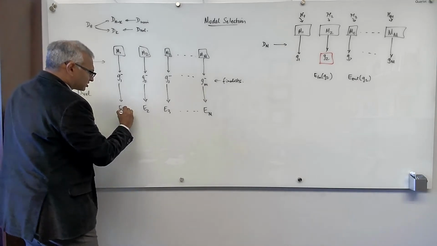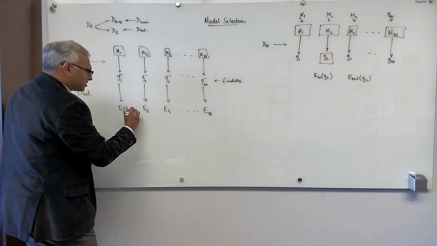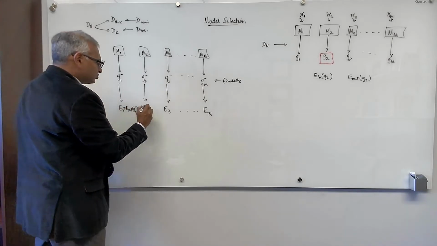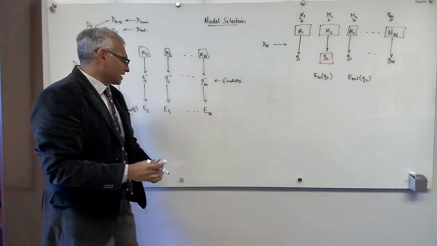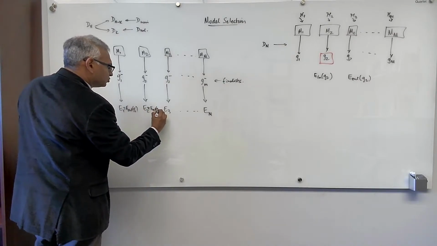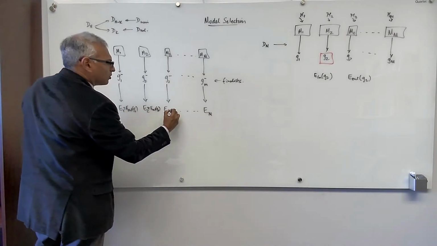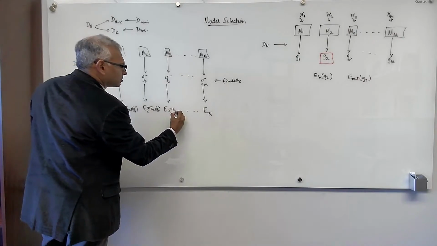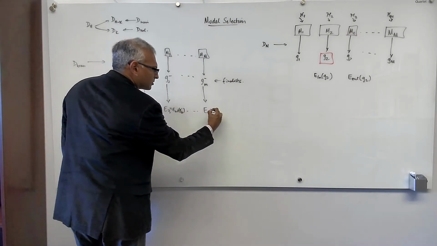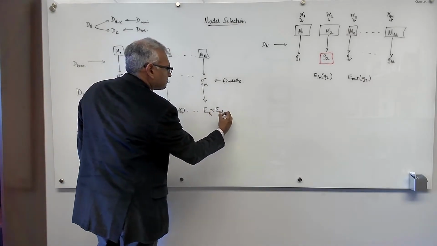So E1 is approximately equal to E_out of g1 minus, let us assume, and E2, and you can go and sit down and do all the analysis. E2 is approximately equal to E_out of g2 minus, and so on, approximately equal to E_out of g3 minus,